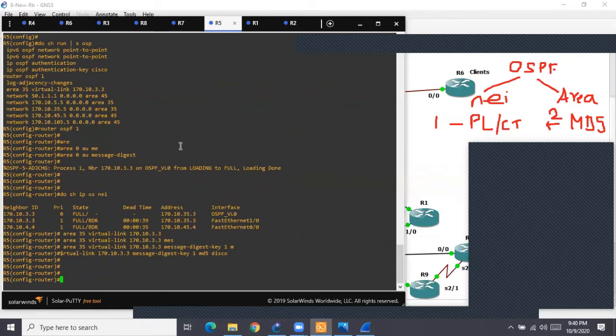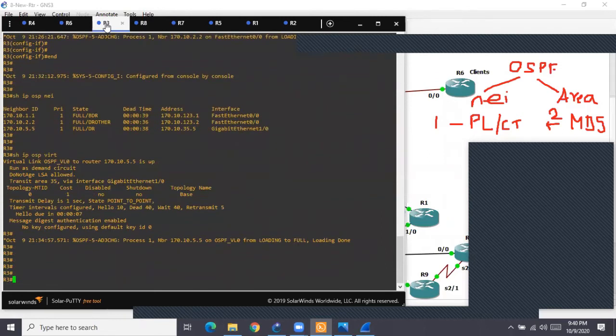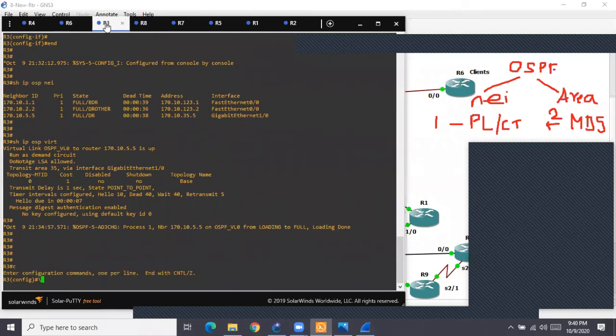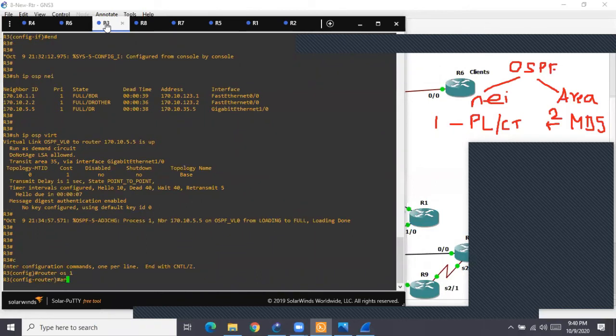Now I need to do the same thing on R3 also. R3 already has that command, area 0, but as a habit, the best thing is to go inside router ospf 1 and say area 0 authentication again.